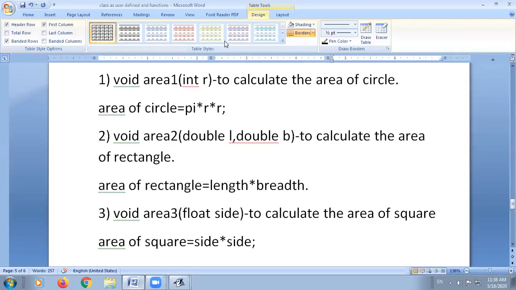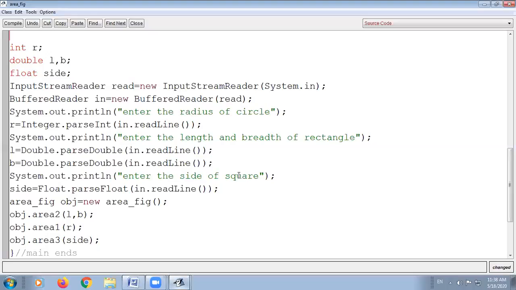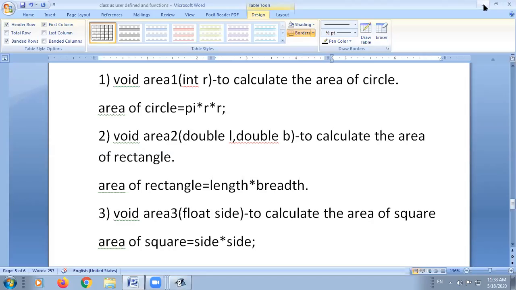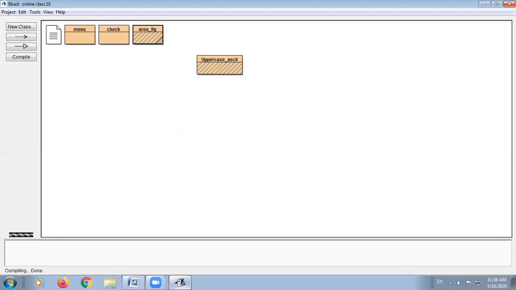Okay. So did you write the question? Did you write the program? Yes, sir. Okay. So I hope you can make this program and you are able to run it. Try to run this, install BlueJ and try to run these programs. And write comments and write the variable description table.